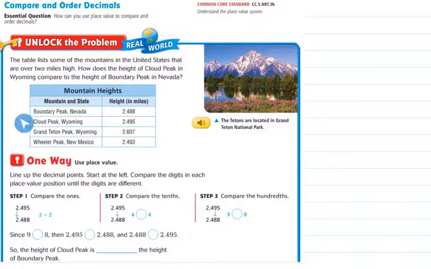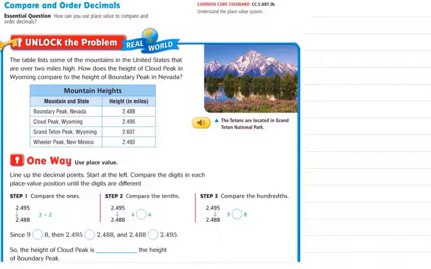So in this table, boys and girls, we have the title, Mountain Heights, and then we have two columns. This is the mountain and the state, and then the height in miles. So one way we can solve this problem is we can use place value. So what we're going to do, boys and girls, is we are going to line up the decimal points. We're going to start at the left and then compare the digits in each place value position until the digits